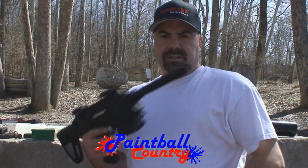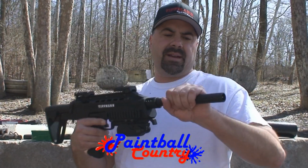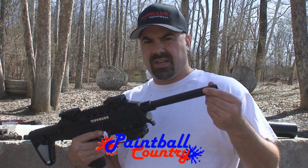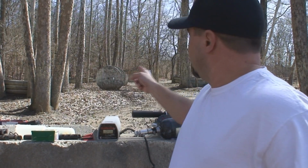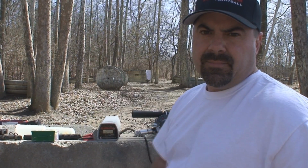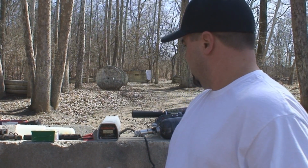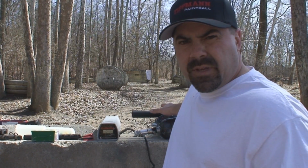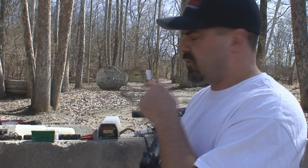Hi guys, Glenn from Trails of Doom. Got the brand new Tippmann TCR here. Got it outfitted right now with a 16-inch J&J barrel ceramic. What I've done is I've set up a test out to the target out there. It's 160 feet away, and my goal is to see how the MonsterSpin barrel versus the J&J with first strike